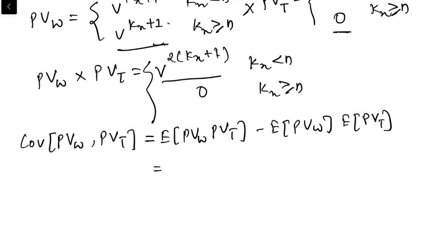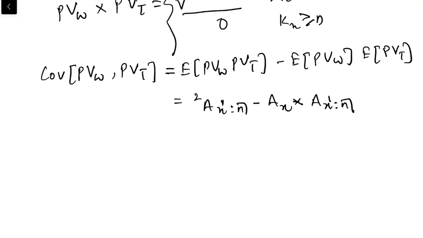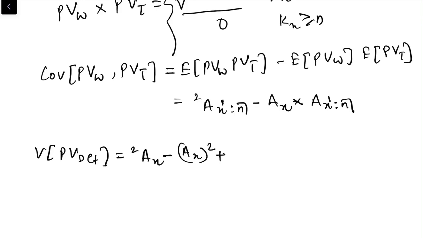Now the expectation of this term is nothing but 2Ax' n minus the expectation of present value of whole is Ax times expectation of the present value of term is Ax' n. Okay, now we can calculate the variance of the present value of deferred. This is the variance of the present value of whole, that is 2Ax minus Ax whole square, plus the variance of present value of term, that is 2Ax' n minus Ax' n whole square, and then minus 2